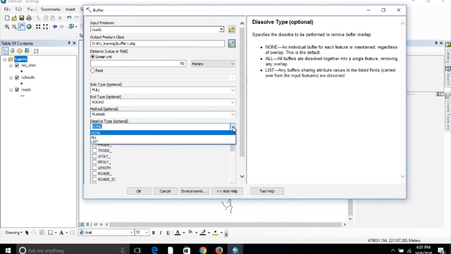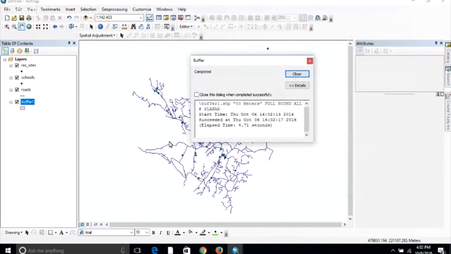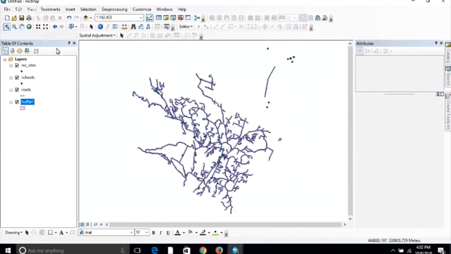Then the dissolve type, whether the buffers, because many buffers, each and every road will be having a buffer around it. You are getting the options whether you want each and every buffer should be separately placed, or the buffer should be having the boundaries merged together, or you want a list. I want all 10 meter, 50 meter kind of a buffer for each and every road. I'm clicking on OK, and immediately you see this buffer will be created on each and every road. 50 meter buffer, it is created. Once I click on close, I zoom in,